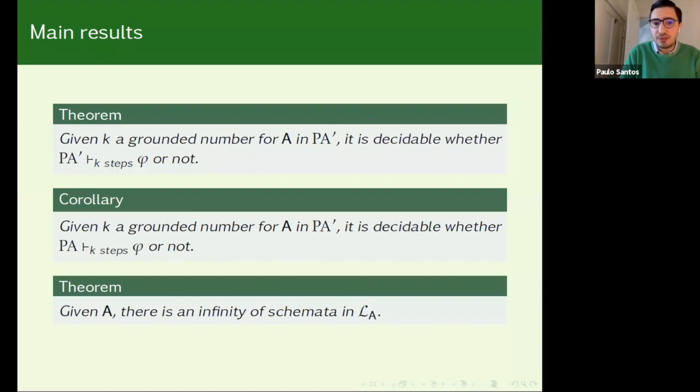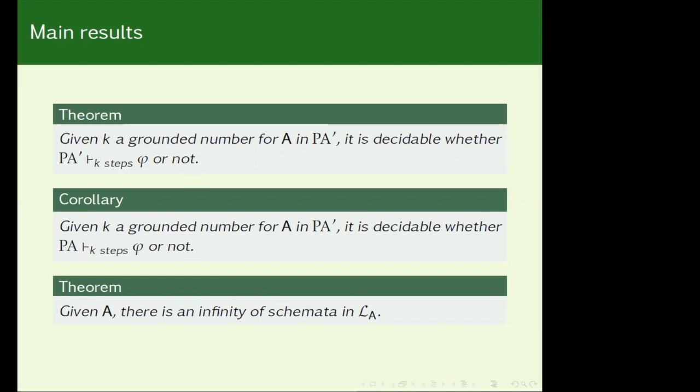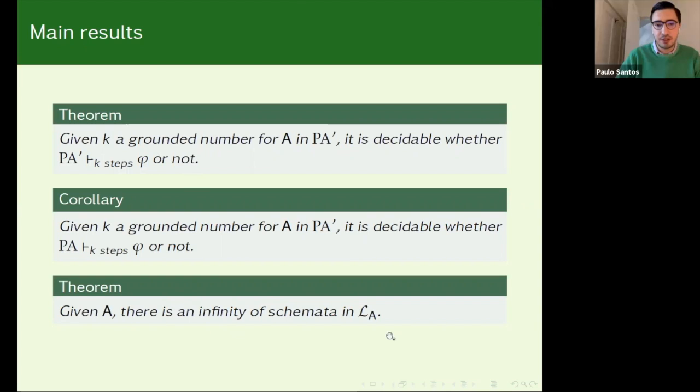One could wonder if this approach is in fact limited or not, in the sense that it could be the case that one was only constructing for a given algorithm a finite number of proof skeletons, but that is not the case, and this is delivered by this theorem. For every algorithm A, there is an infinity of schemata in this union. So this means that when one goes through the hierarchy of lists, when one increases the number of steps, one is obtaining more information. The information is not limited.